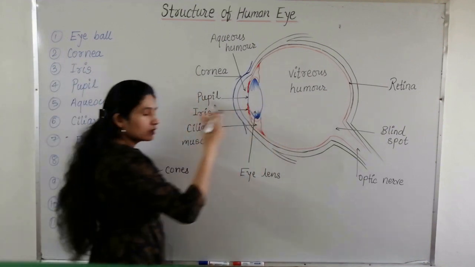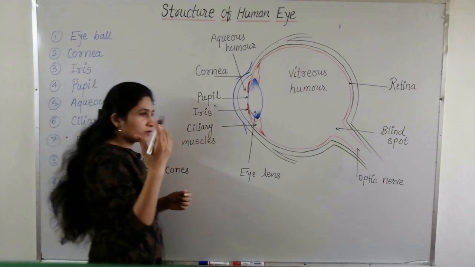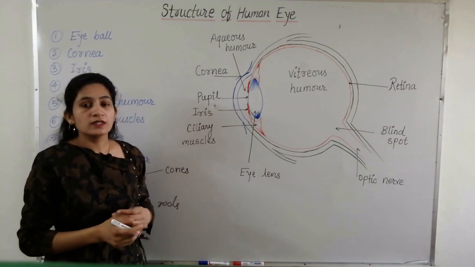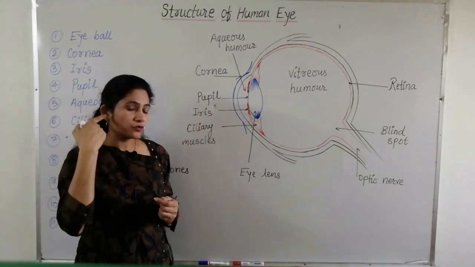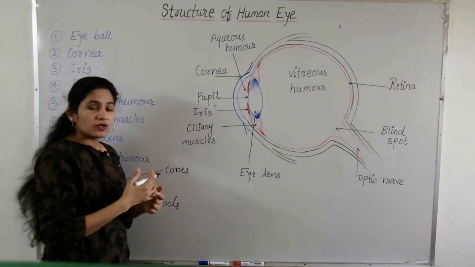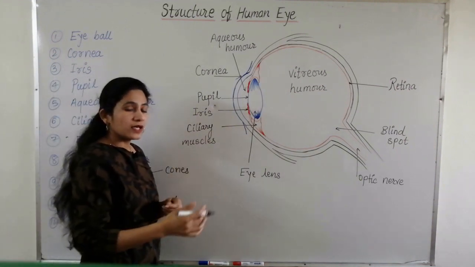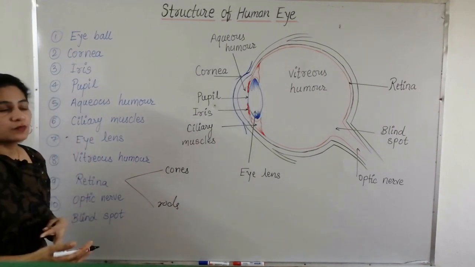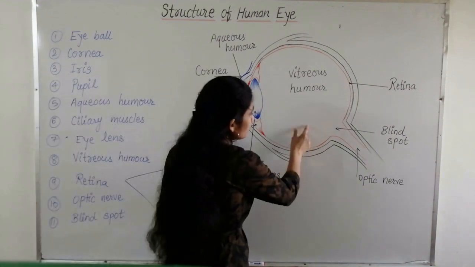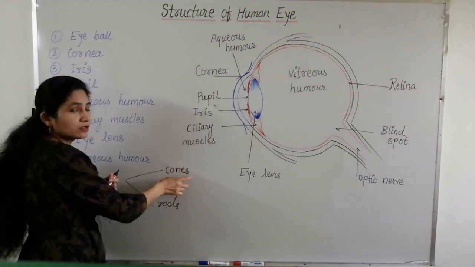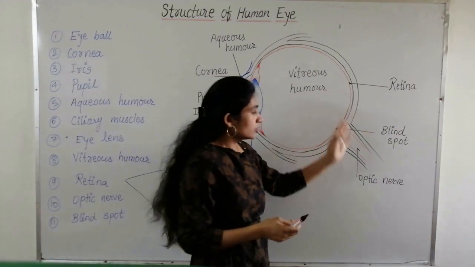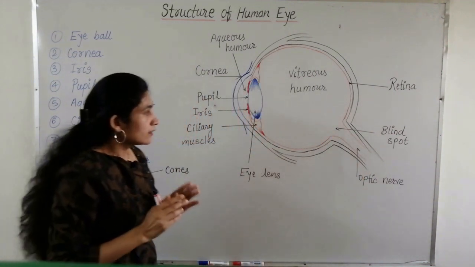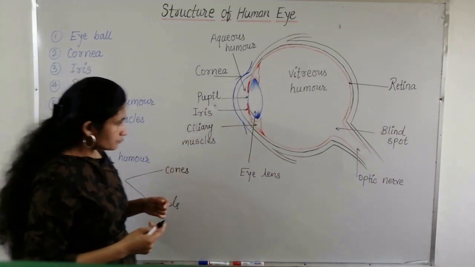See, this is similar to the human ear. In the human ear also, whatever sound waves we hear are converted into electrical signals by the auditory nerve, which joins the ear to the brain. The auditory nerve converts sound energy into electrical signals, and then it is sent to the brain. The brain perceives it, and then we understand what we speak or what others speak. Similarly, rods and cones, the two light sensitive cells, convert light energy into electrical energy which is sent to the brain through the optic nerve, and then the brain perceives the image.